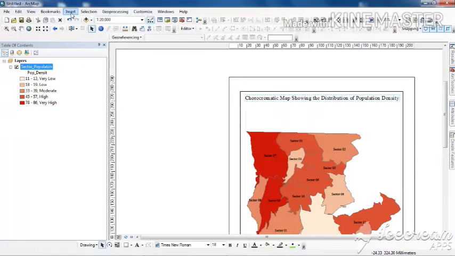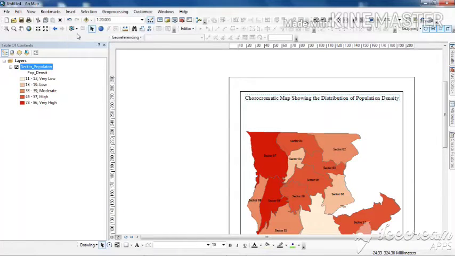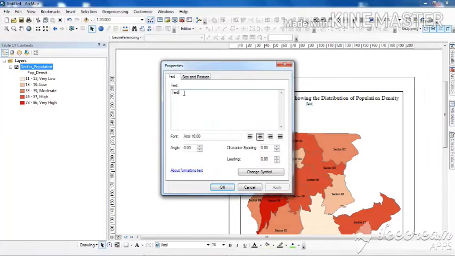Now what I will have to do is specify the area. That also needs to be specified. This is data of which area? So I will add a text to mention, that is sectors of Tawang Township.